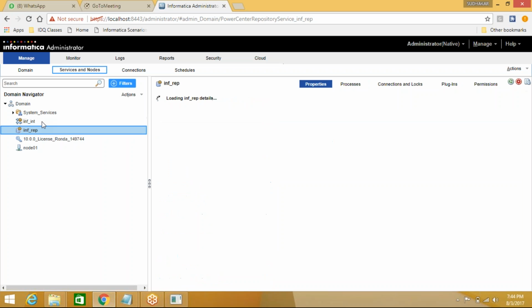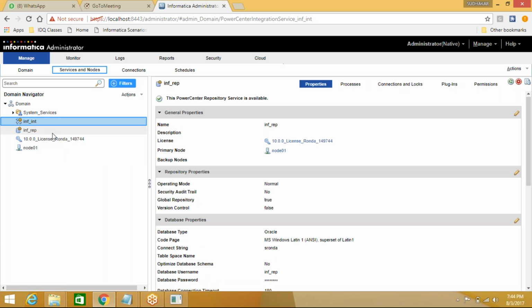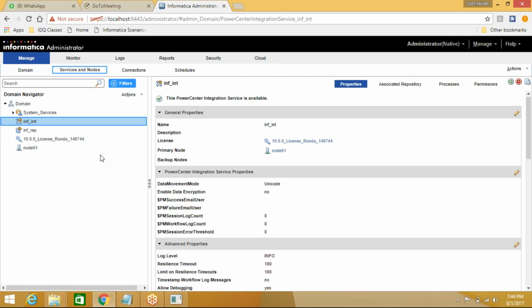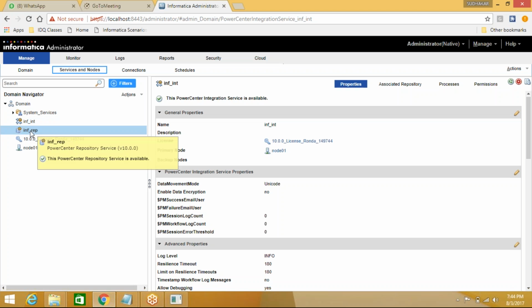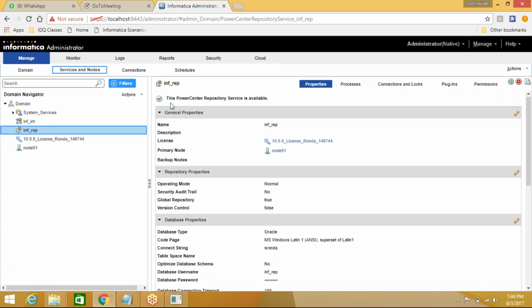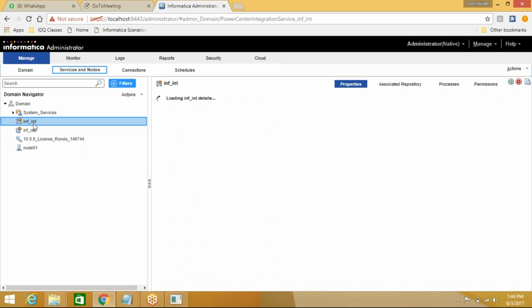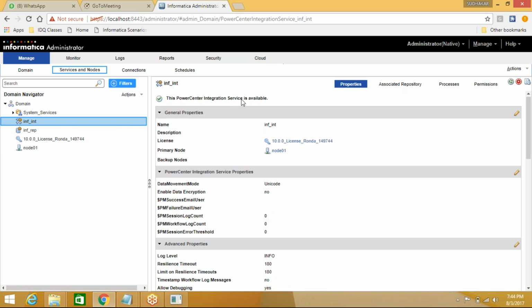These are the two services that need to be up and running to work with PowerCenter, because our administration part is completed. We had successfully created a repository, and that service is up and running, and we had created the integration service also. That service also is up and running. So now these required two services are created on the server side, and now we have to install